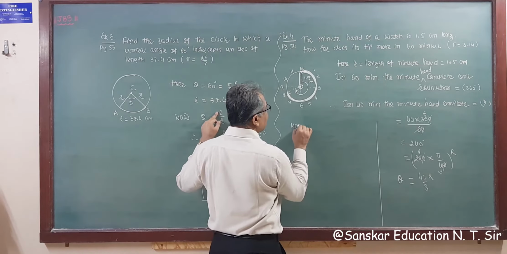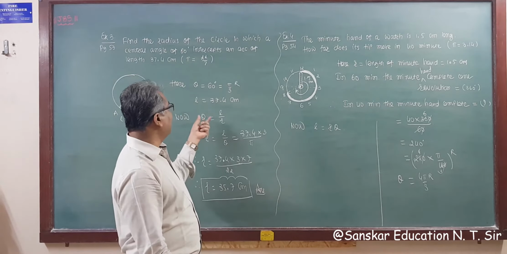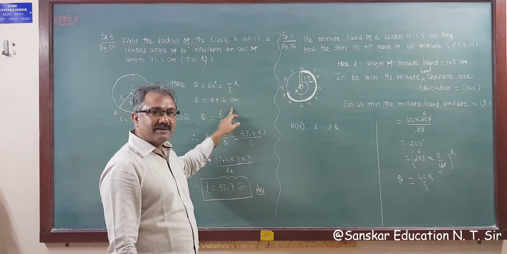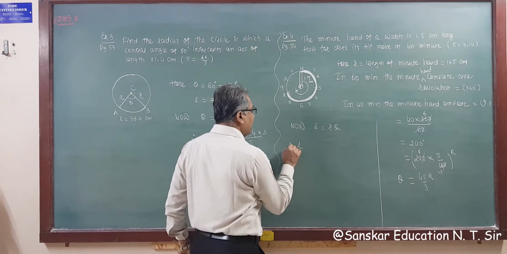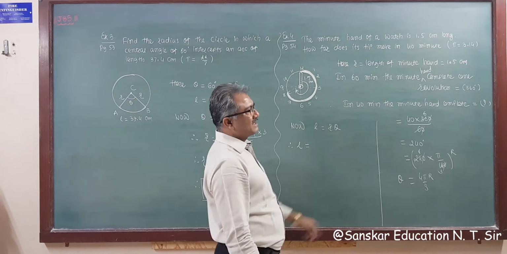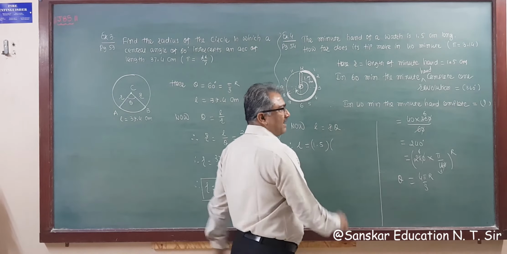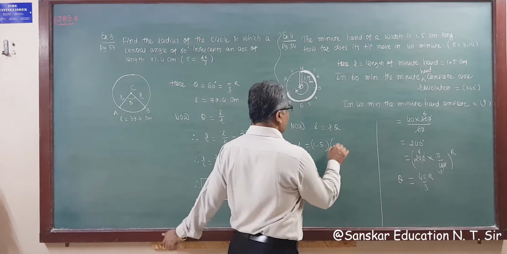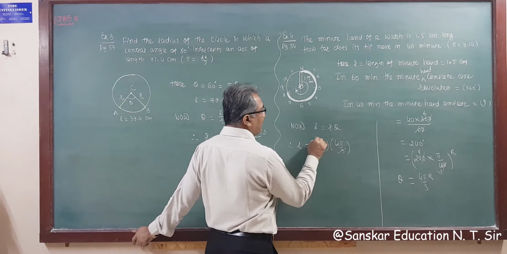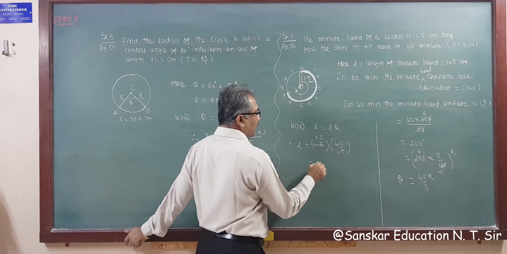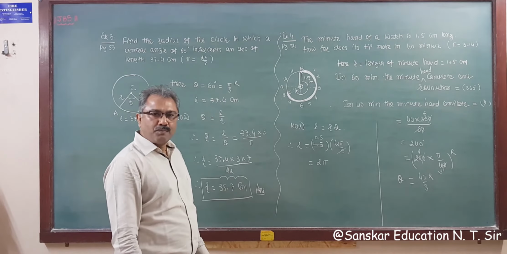So formula, I am applying directly. Now L is equal to length of arc is equal to R theta. This is the formula. Either you can write theta is equal to L upon R, then subject to L, R theta will be your answer. So length of arc L is equal to, now radius is 1.5 centimeter, and theta is 4 pi by 3. So what we get? This is 0.5. So 0.5 into 4 is 2 pi, right? This is 2 pi.